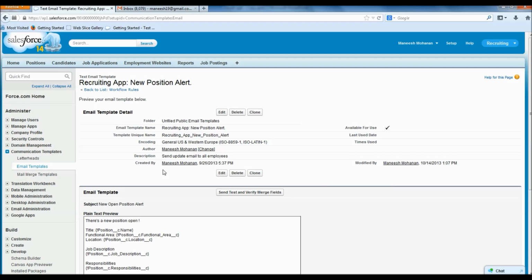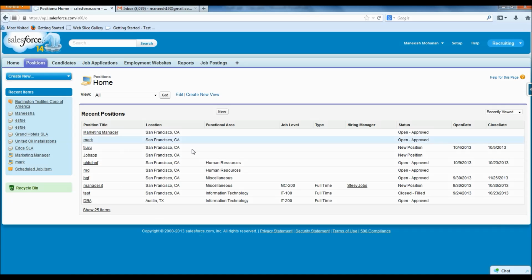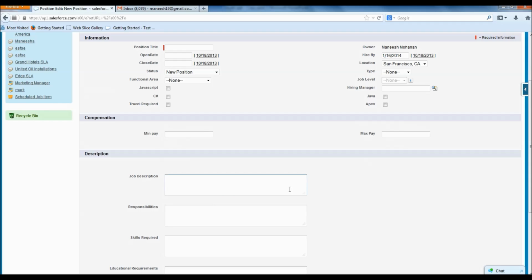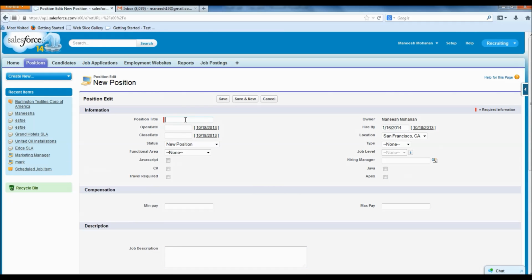Okay, so now we want to check whether our workflow is working or not. So I can create a new position, or I can use a position from the list. Okay, I want to create a new position. In the new position, I can give the position title as manager of sales,